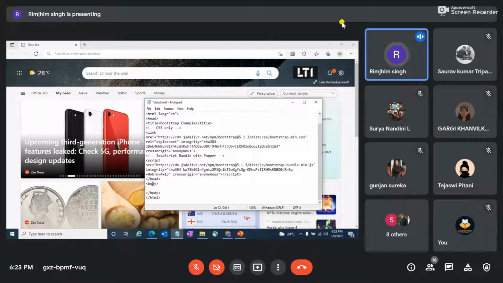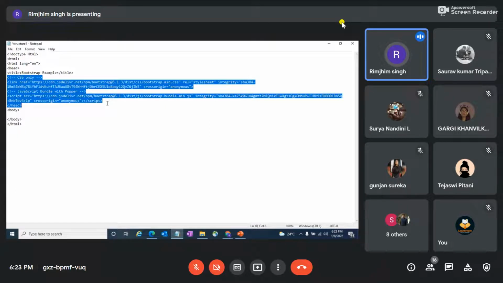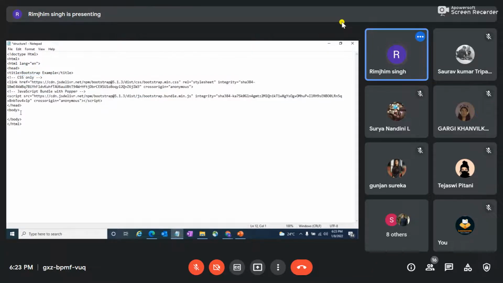So now let's just include a grid in my program. As I told you, everything will be very normal. Everything will be the same. Whatever you want to include in your program, like doctype is HTML, language is EN, and then title. And this is the reason why I'm adding this, because I'm including a grid in my program right now. So yes.